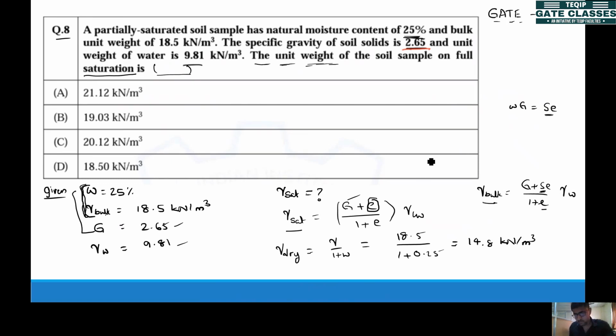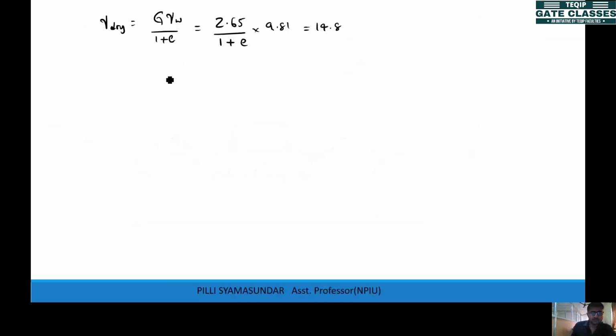Let me just confirm. Yeah, 14.8. So your 1 plus E will be 2.65 into 9.81 by 14.8. So this is coming around how much? So this is 1.756. So this implies 1 plus E is this much, so E will be